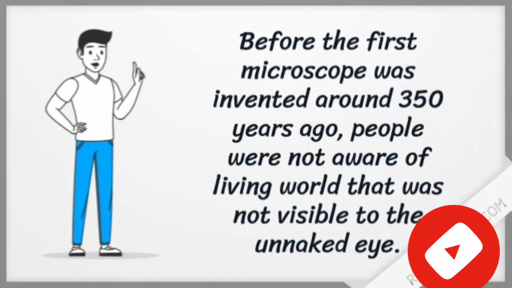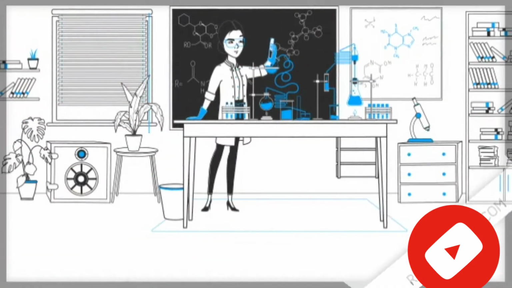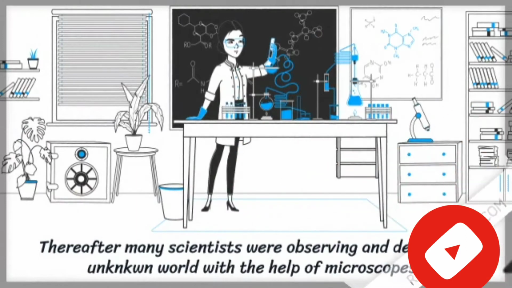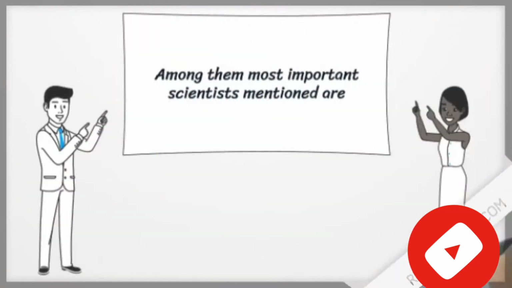Before the first microscope was invented around 350 years ago, people were not aware of the living world that was not visible to the naked eye. Thereafter, many scientists were observing and describing unknown worlds with the help of microscopes. Among them, the most important scientists mentioned are